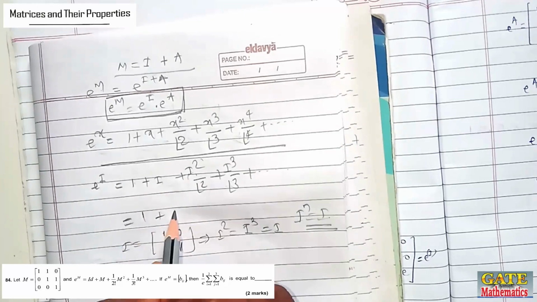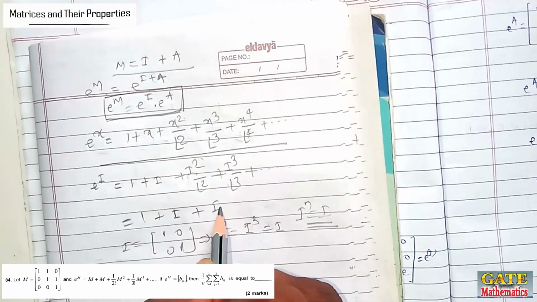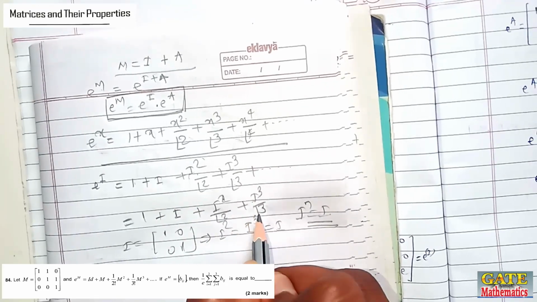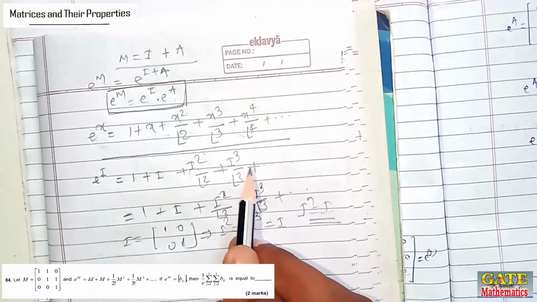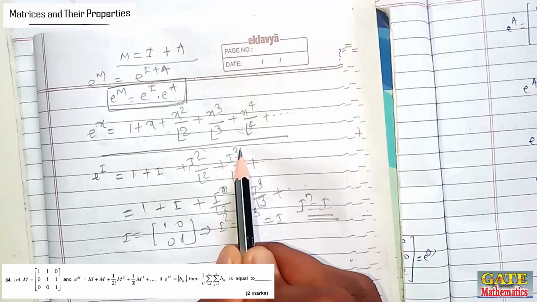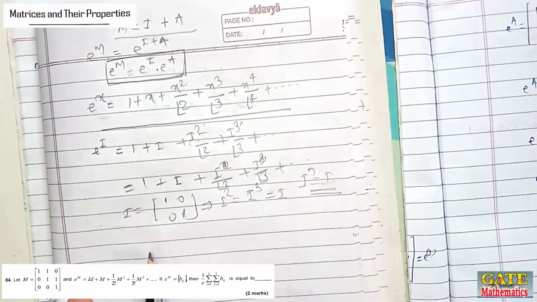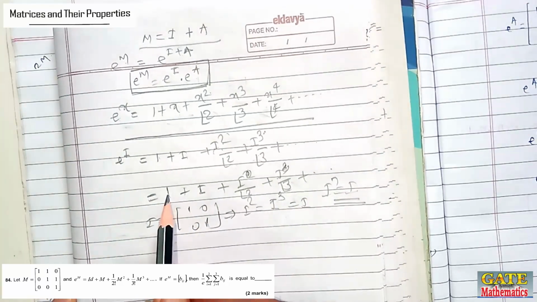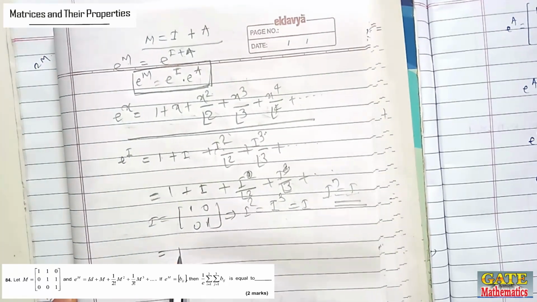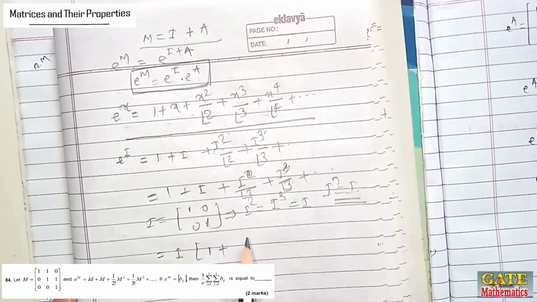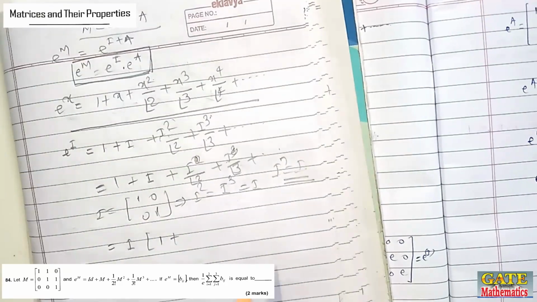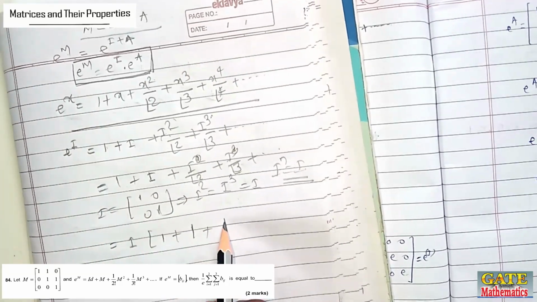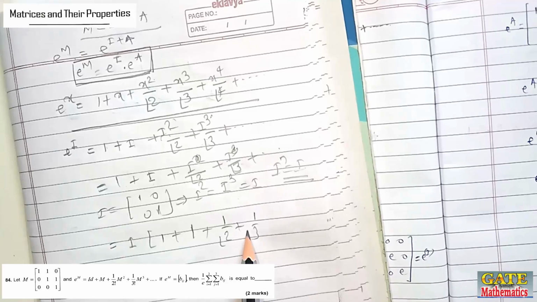So I can write this as 1 plus I plus I square by 2 factorial plus I cube by 3 factorial plus 1. Okay, so I replace I square by I, I cube by I, and plus 1. So take the identity matrix common from here. 1 means 1 into I is there. So identity common here, 1 plus 1 by 2 factorial plus 1 by 3 factorial plus